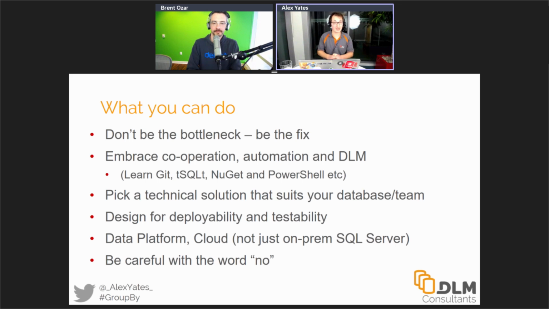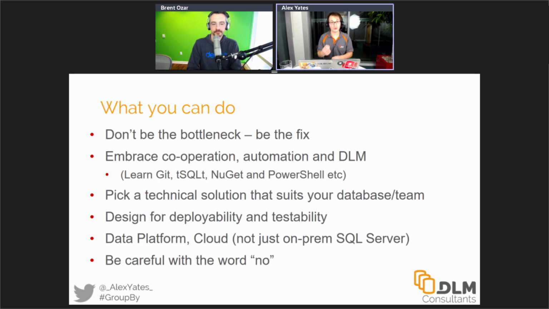We need to be careful about how we adopt it. We need to think carefully about the strategy that we're going to use to set up this automation. We need to pick something that's right for us. If you ever listen to anybody that says, this is the way you do it, that way's bad, that way's right, ignore everything they say for the rest of the night and go and talk to somebody else who can give you genuine advice about which way is right for you, and can have a conversation about your environment and give you some advice about that.